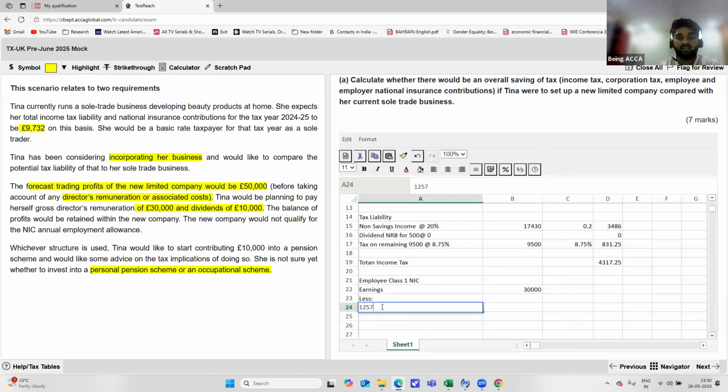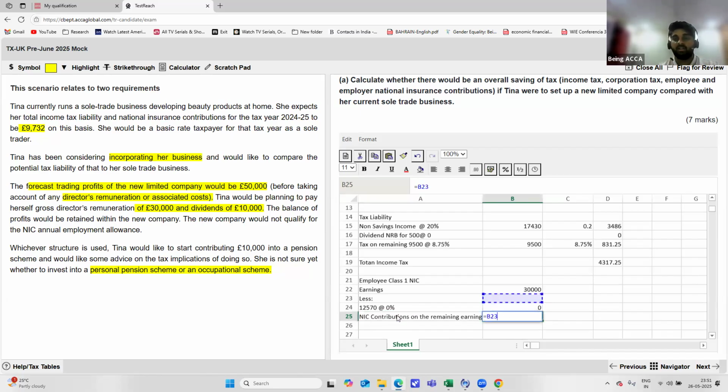So 12,570 at 0% and remaining equal to 0. Remaining NIC contributions on the remaining earnings is equal to 30,000 minus 12,570